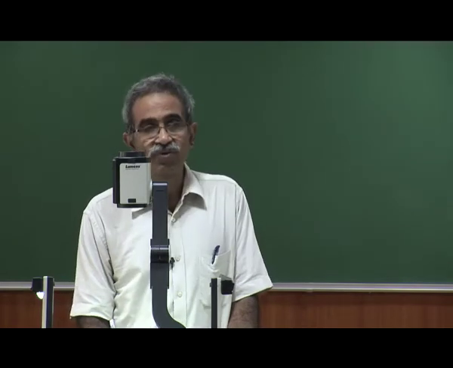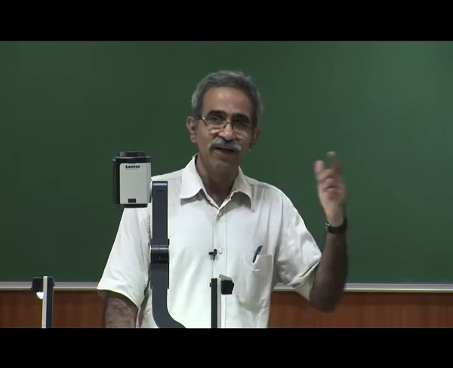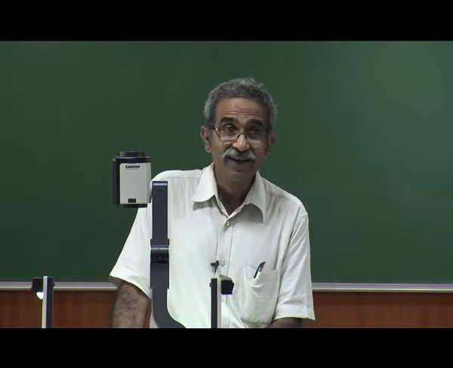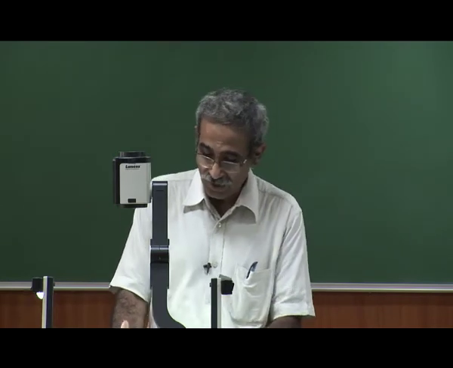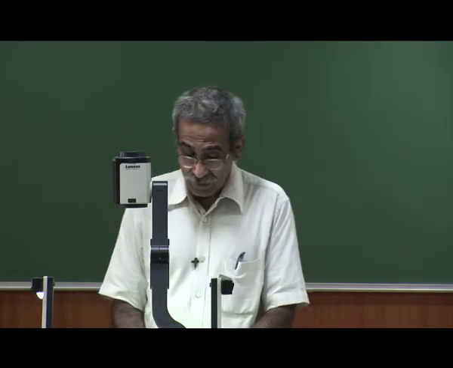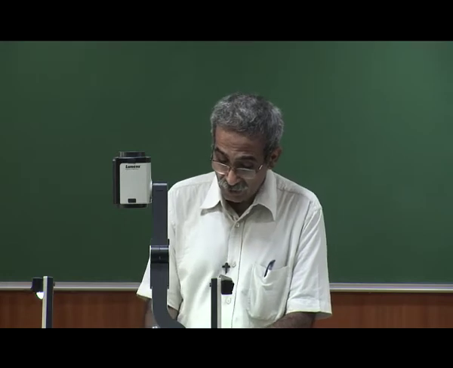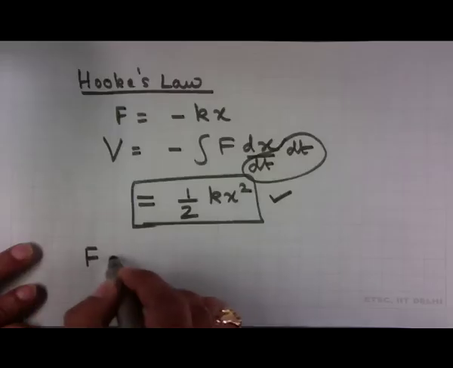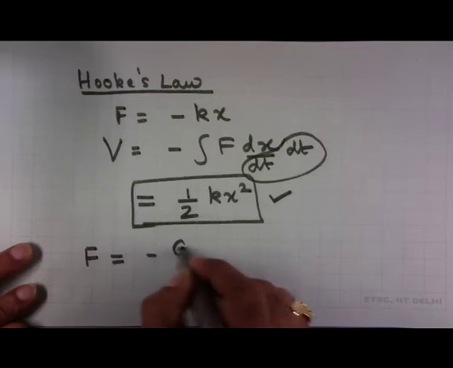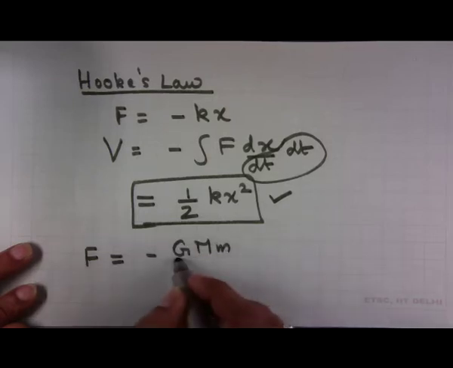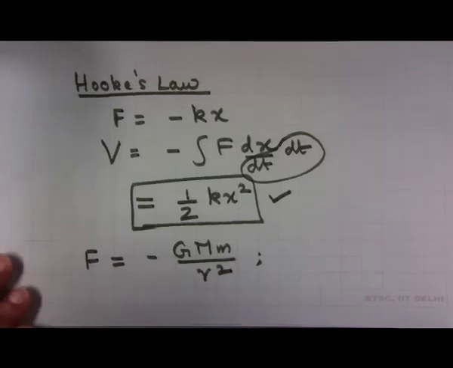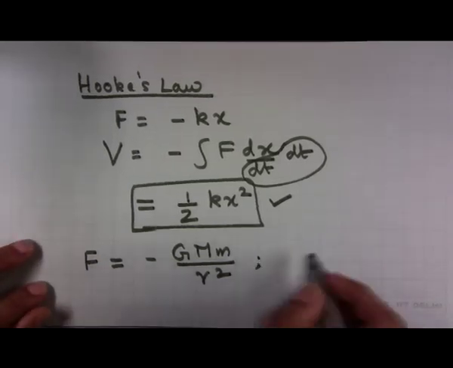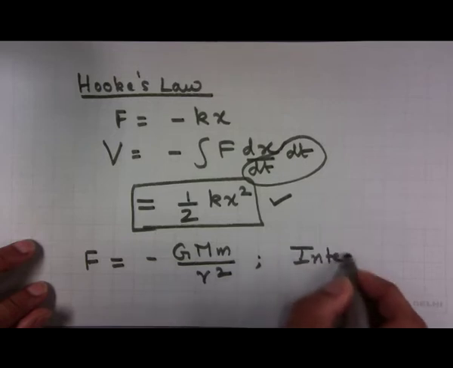And I am repeating this only for your benefit, so that you will recollect whatever has been taught there. This is not a systematic exposition of the concept of potential energy. So it works very well. In a similar manner, what we can do is to start with the gravitational force, F is equal to minus G M m by r squared, and integrate along the line of force.